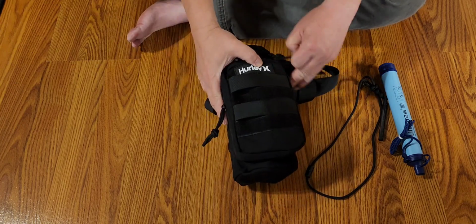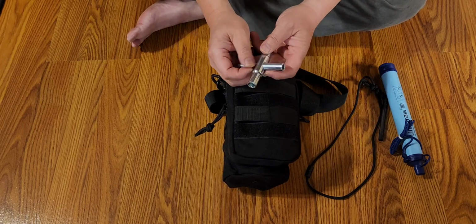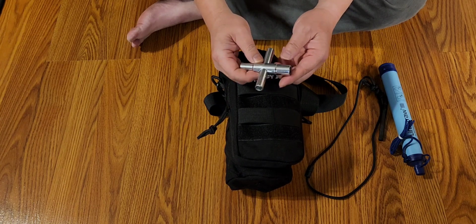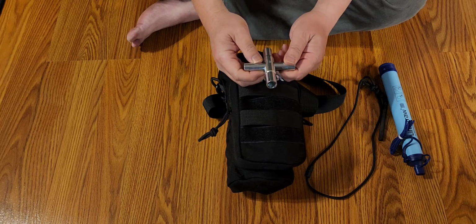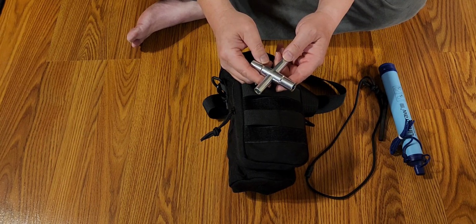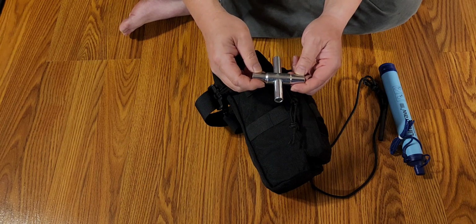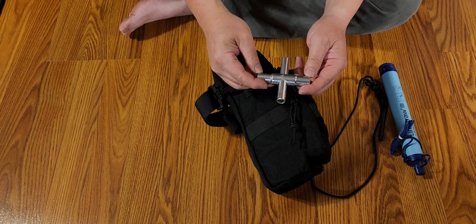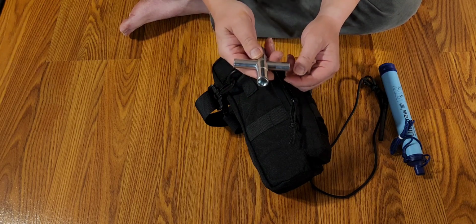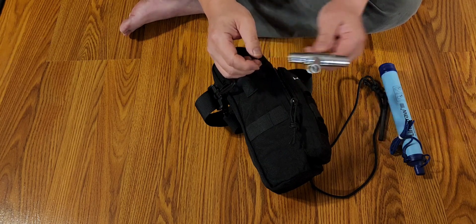All right, front pocket. Silcock key. Again, other than hypothermia, dehydration is one of your likely enemies that will do you in, and you need to be able to get water any way you can. And if you're in an urban situation where you're trekking home and you're stuck out there, and all the businesses are closed, burned down, or boarded up, and you need to access water from the outside of the business without having to break into the business itself, there's always a side of the building where there's a valve that you can turn with the Silcock key to get some water. Okay,